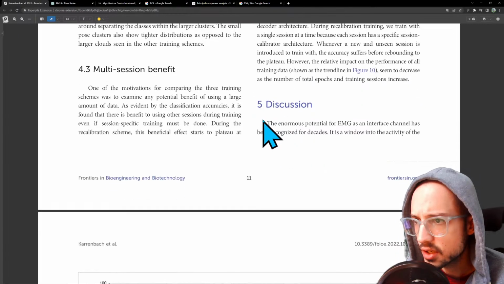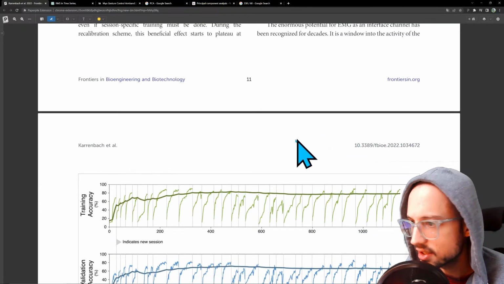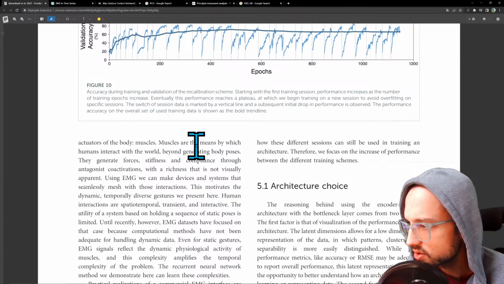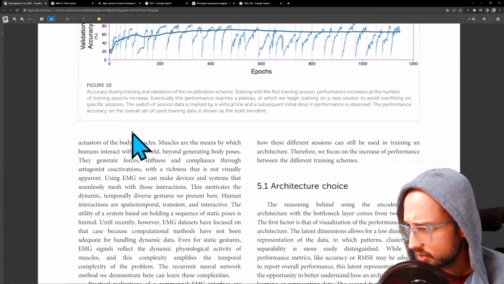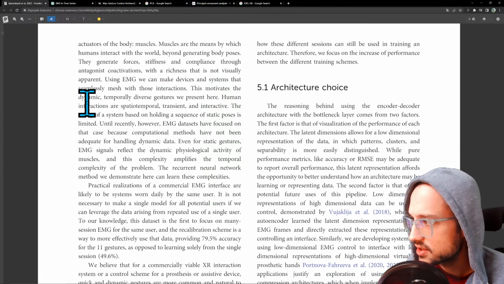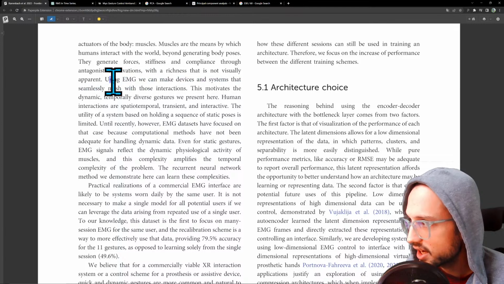Okay. Discussion. The enormous potential for EMG as an interface channel has been recognized for decades. It is a window into the activity of the body, muscles. Muscles are the means by which humans interact with the world. By using EMG, we can make devices and systems that seamlessly mesh with those interactions. Yeah, I think